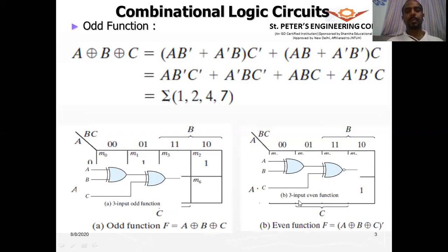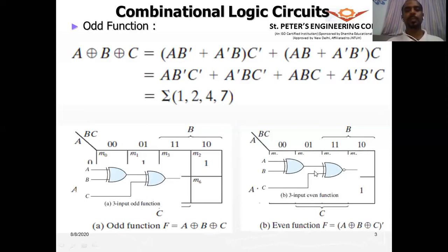Similarly, you can realize the even function by using one XOR gate and one XNOR gate. So we have used two XOR gates to implement the three input odd function, and one two input XOR gate and one two input XNOR gate to implement the three input even function.